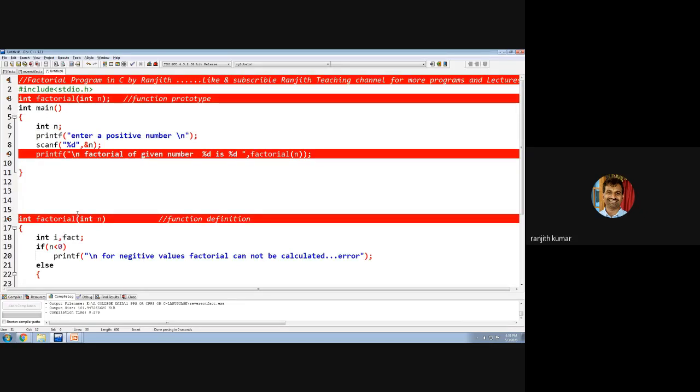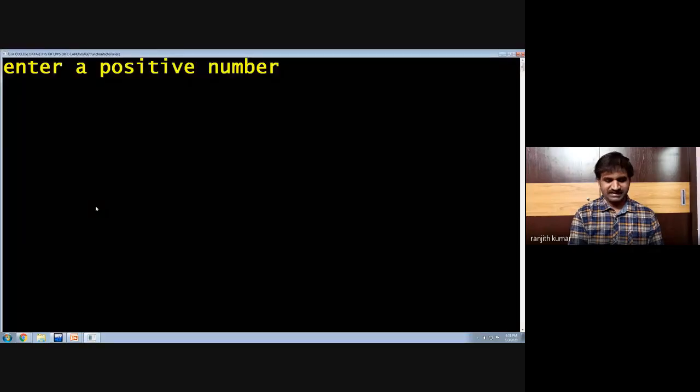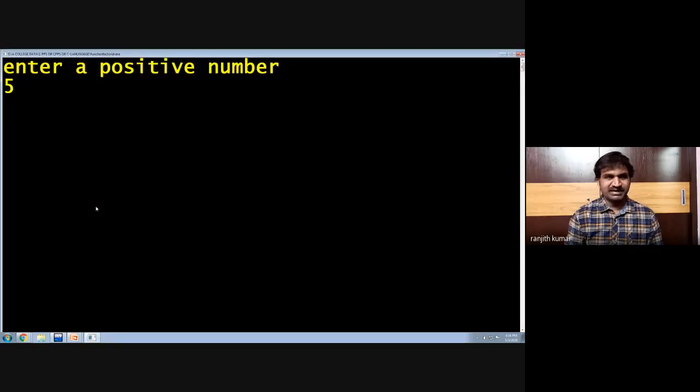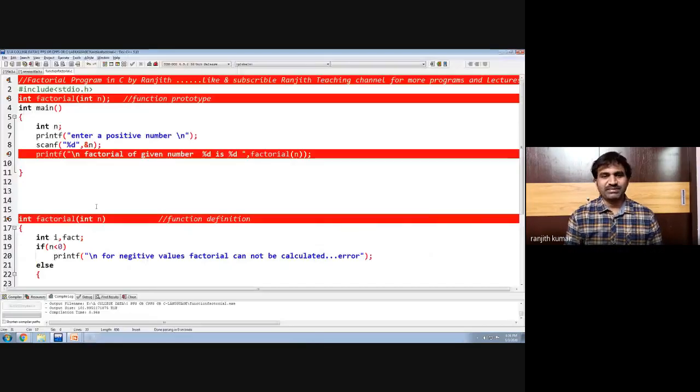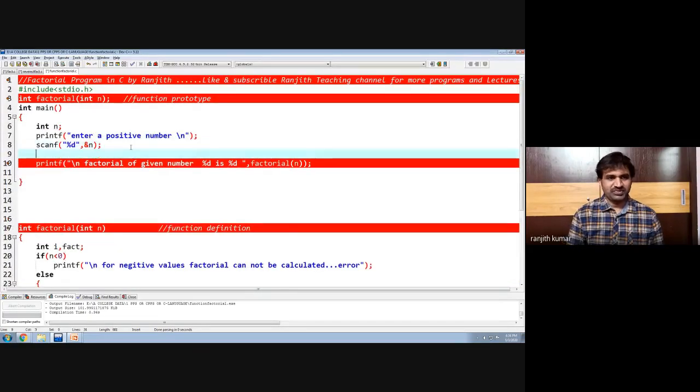Now let's see if this is true. Save the program as function factorial dot c. Now let us compile the program and run. The same answer will be printed as before. Using this printf statement, this printf will print what is happening inside the program.